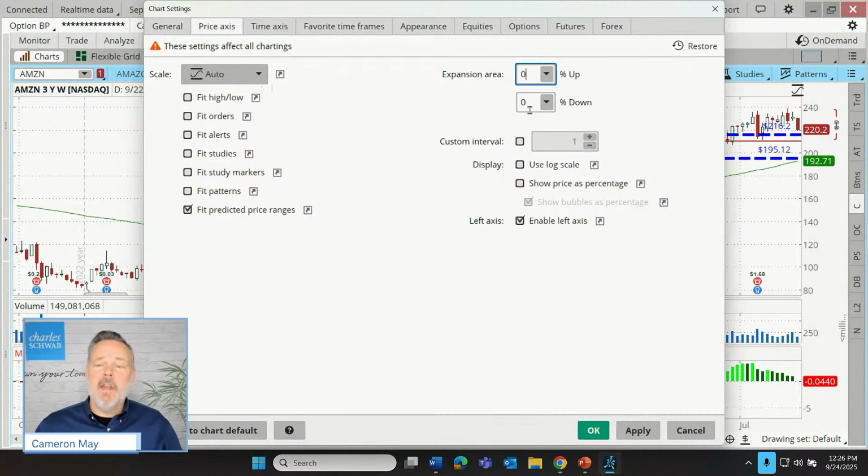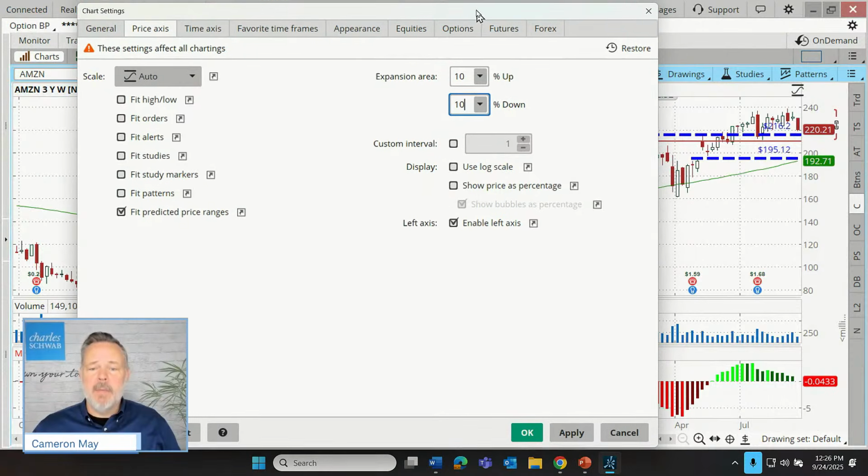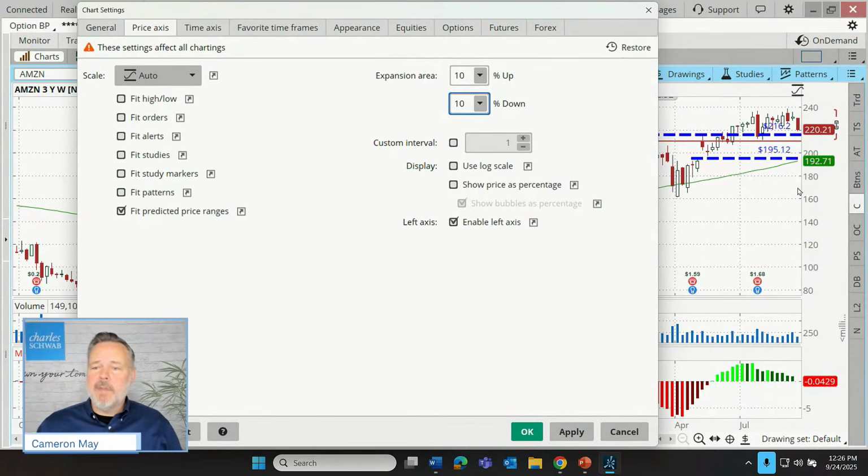Now, this is a tool that I think a lot of people are familiar with as far as the right side of the chart is concerned, but we didn't know that we have default settings for what we call expansion areas. Expansion areas are used when maybe price is getting up close to the top of a chart, or it's getting down close to the bottom of the chart, and what we'd like to see is just some more space below the chart, or some more space above. So this allows us to set certain percentages. We can use a menu to choose 10% above and 10% below, for example. If I click apply, watch what happens to our scale over here.